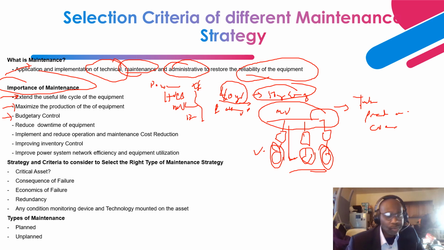Next is budgetary control. If you plan maintenance of this equipment, at least you have it in your O&M budgeting. This is the amount of money that you have allotted for the maintenance of this equipment. On the other hand, if you fail to implement the required maintenance for this equipment and it fails in service, and I gave you a typical example of how it can fail in service,